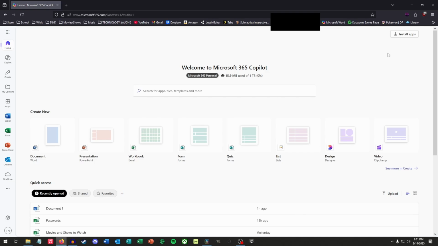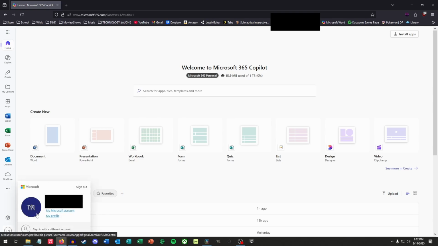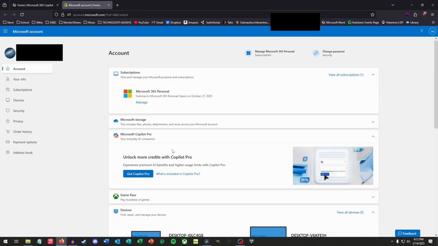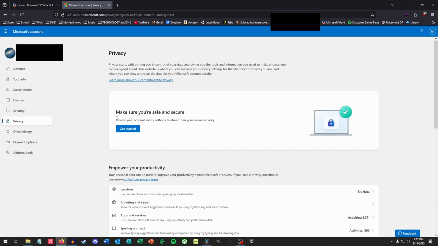The last thing I want to show you is how to increase the privacy of your Microsoft account. It's really simple. Open up your internet browser and head back to the Microsoft Office page just like before. Here you're going to see a little profile icon at the bottom left-hand corner of the page. Clicking on that lets you go to your account settings when you click on My Microsoft Account, like so. Now over on the left-hand side you can click on the button that says Privacy. It'll probably ask you to sign in again here, so just do that.